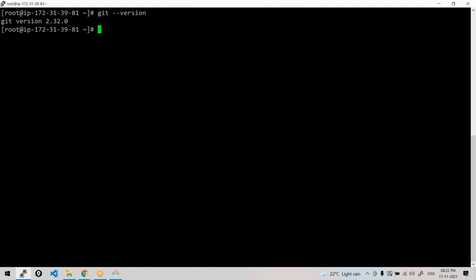Am I clear, everyone? Like I said, whatever the Linux distribution, a few commands may be different, but this is how you work with your package managers. The package manager may be different. If it is Ubuntu, it may be the apt package manager, but the command is the same: apt install git. That's all. You need not learn all those distributions. This will do. Got it clear, everyone? Any questions in this part?